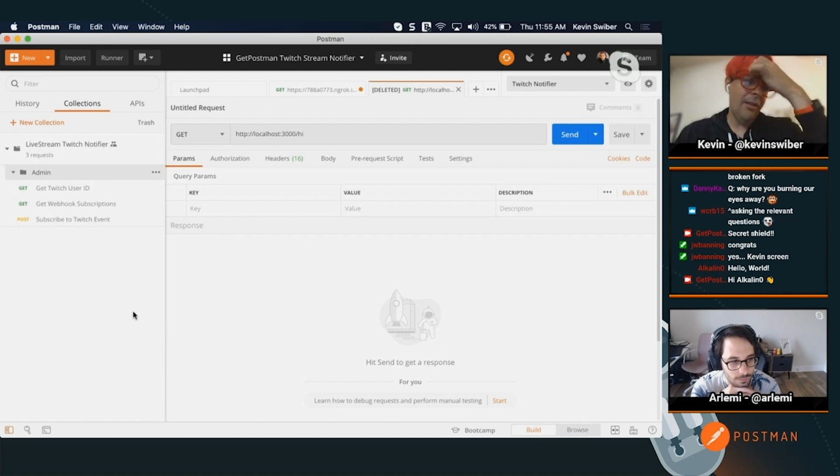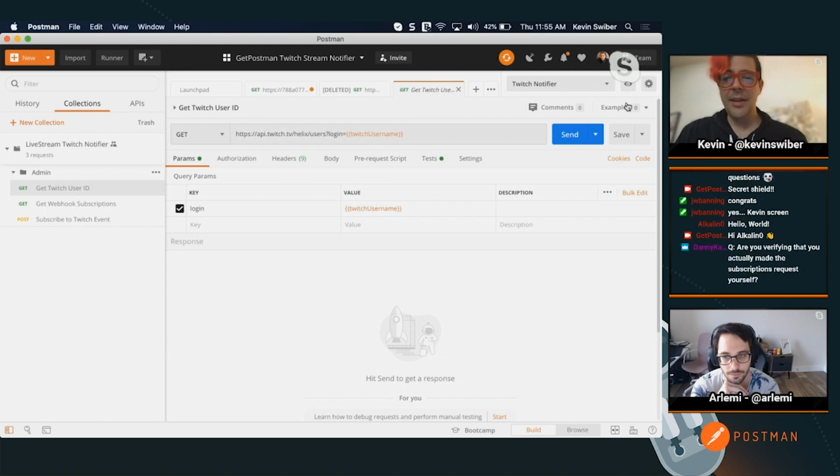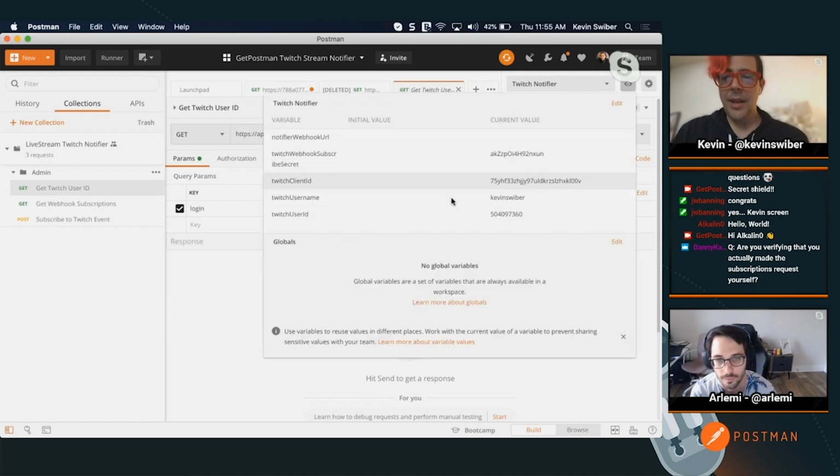I have a little admin folder here. So one of the things you need with Twitch, if you go through their auth setup, you set up a client ID, a client secret. You use OAuth 2 credentials to get a token, and then you can start making API calls with that. So what I have here kind of pre-canned is just that. To do anything, each Twitch user has a user ID. So this API call here gets that ID from a username. In this case, we're going to use my username